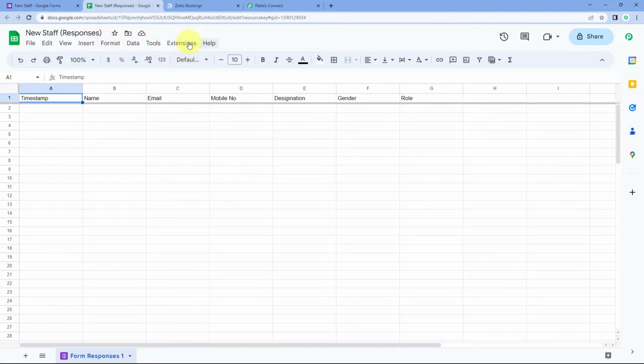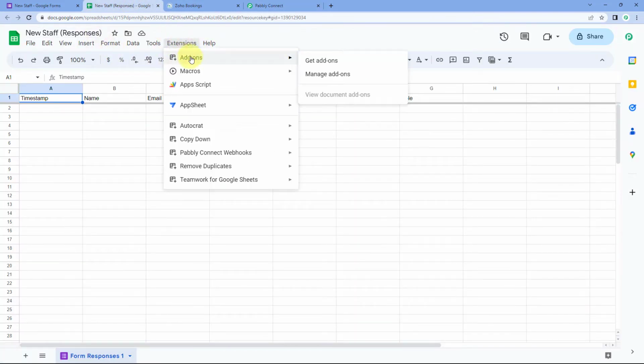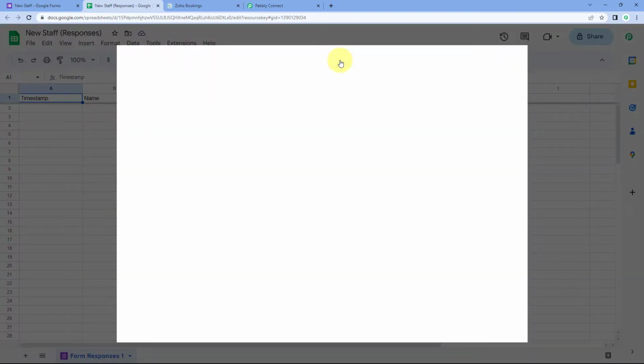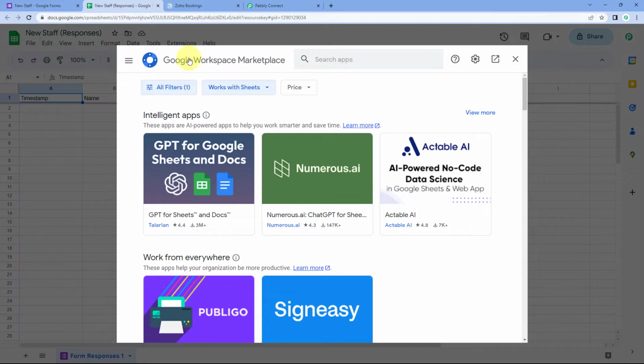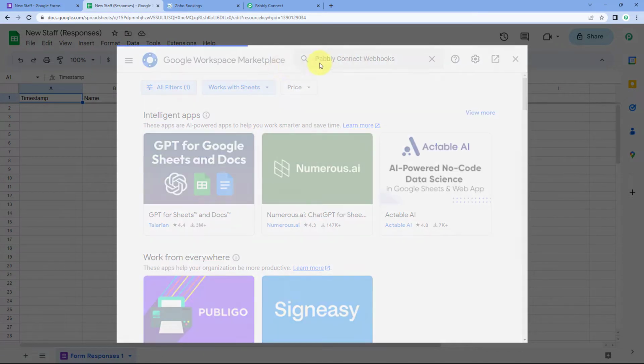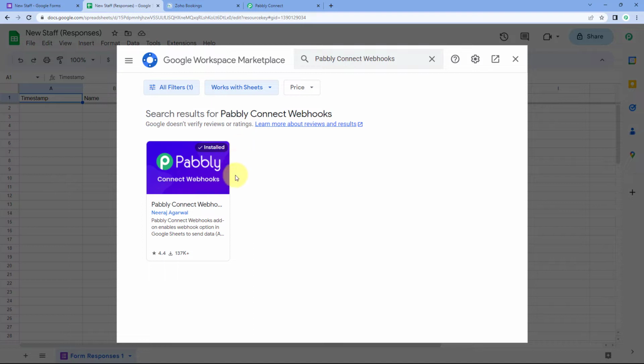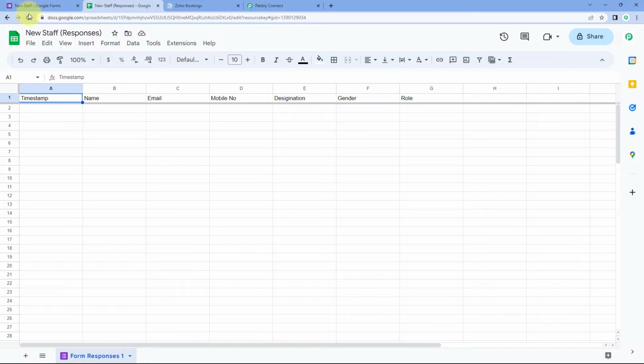What we have to do is go to Extensions, Add-ons, and click on Get add-ons. After clicking on Get add-ons, we will reach the Google Workspace Marketplace. And here in the search app, we have to search for Pabbly Connect Webhooks. Here you can see that the Pabbly Connect Webhooks add-on is already installed in my Google Sheets. You just have to install this same add-on into your own Google Sheets account, and after installing it, just refresh